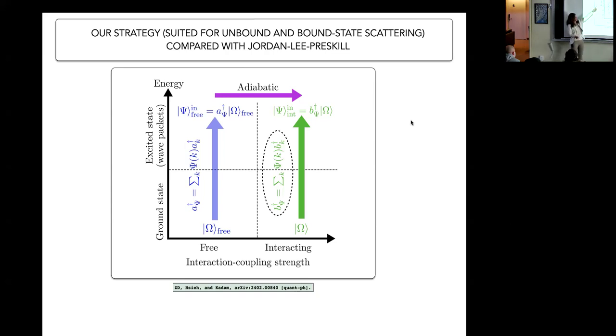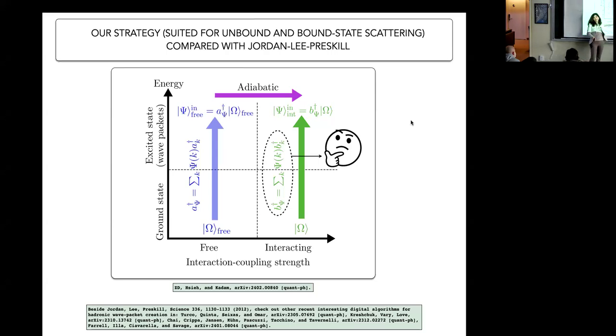It turned out that that's the bottleneck. Adiabatic preparation of these wave packets is very time consuming, and that adds to the complexity of the algorithm. Can we avoid that? So this is what we did. We said, what if we start by preparing the interacting vacuum of the theory, and find a way to generate the excitations that look like wave packets in the interacting theory already, and get there. So we avoid the adiabatic procedure. Okay, so let's see how we can do that.